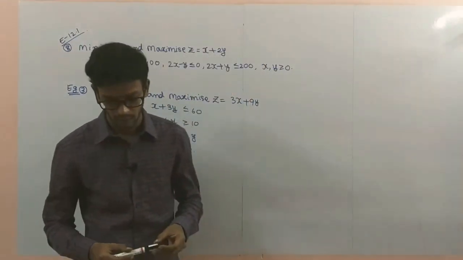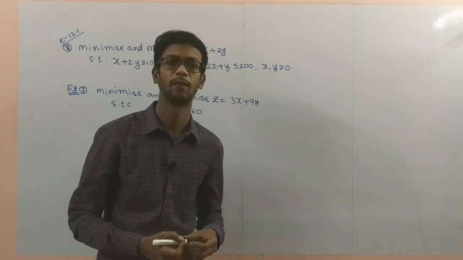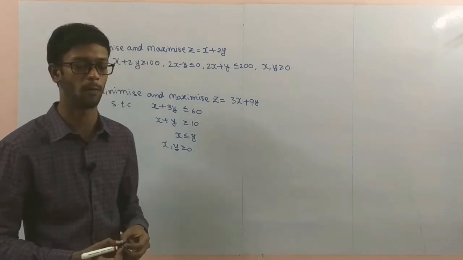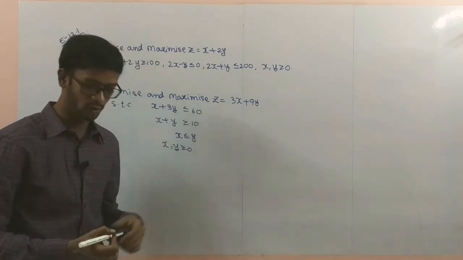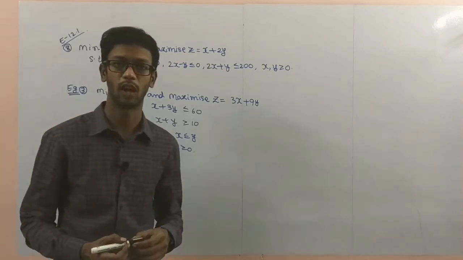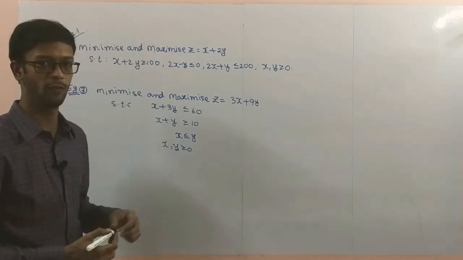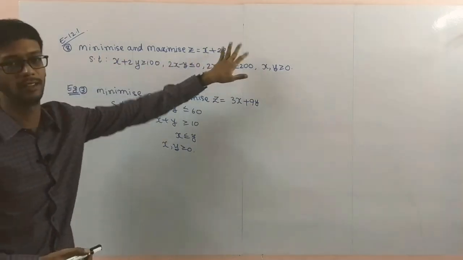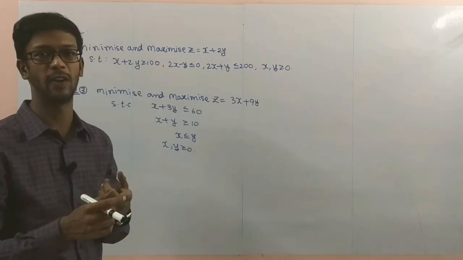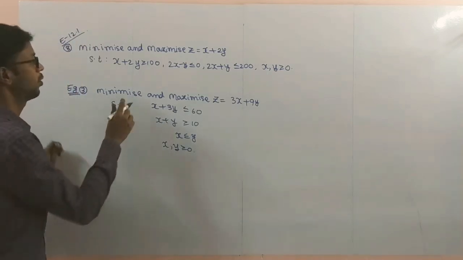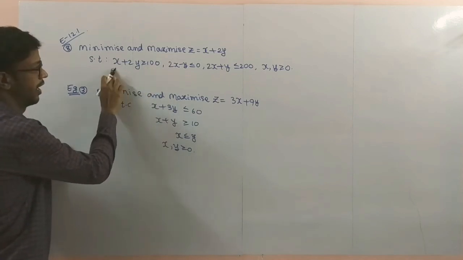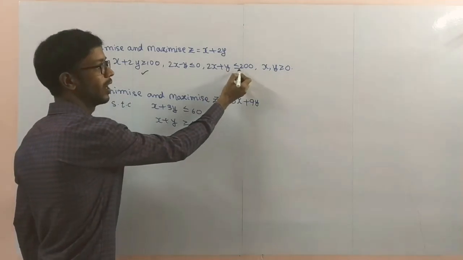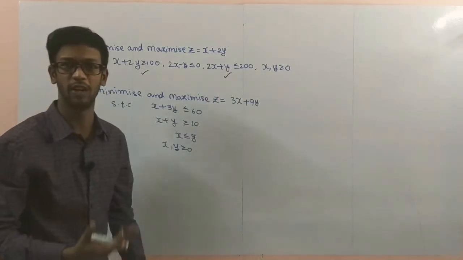Now see similar problems here, two problems similar to the previous exercise, 7th problem. I wrote the two questions here; take these two as homework, but I'll give just hints for these problems. Problem number 8: minimize and maximize, we have to find both the minimum value and the maximum value, subject to the constraints here: x plus 2y is greater than or equal to 100, that is no problem. Next, 2x plus y is less than or equal to 200, no problem, we discussed it previously.